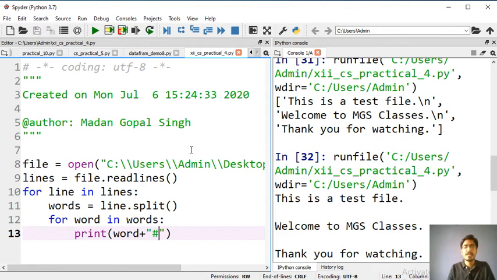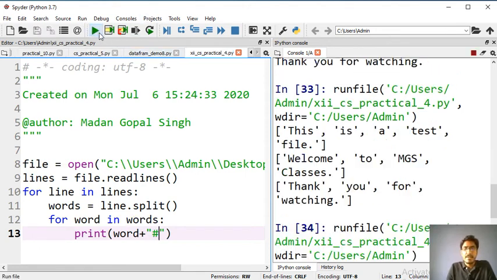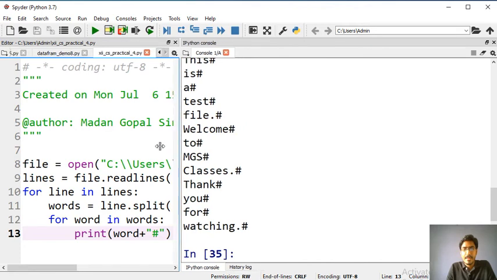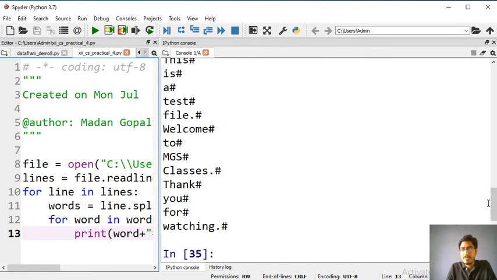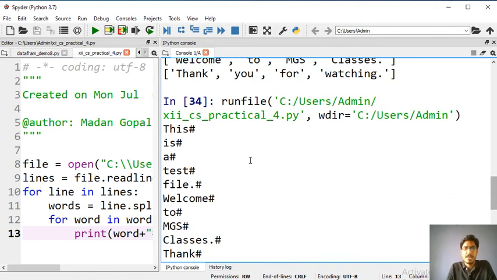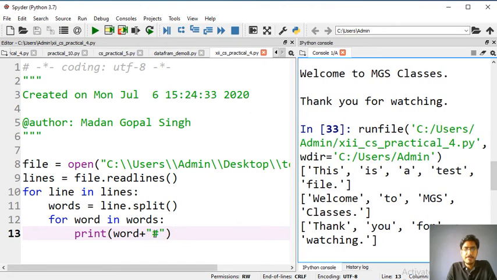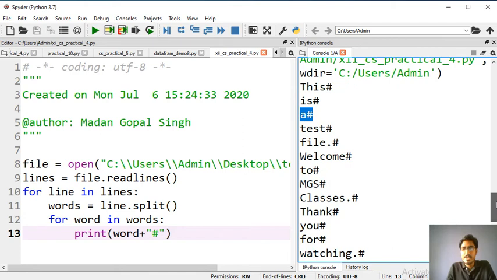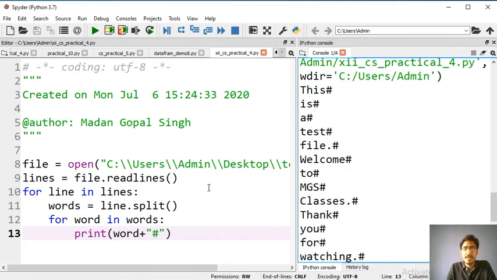Okay, let me see it. Here you are seeing that in front of each word we are able to append the hash, but after each word we are getting a new line. Why? Because the print method by default ends the print with a new line. That's why each word is coming on the next line.